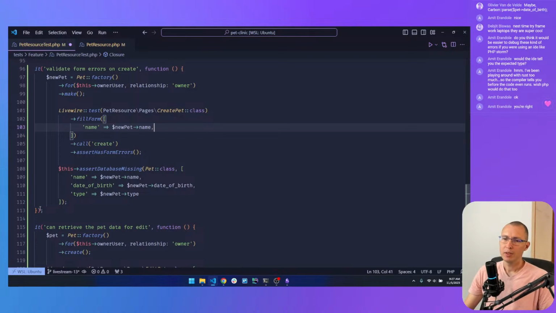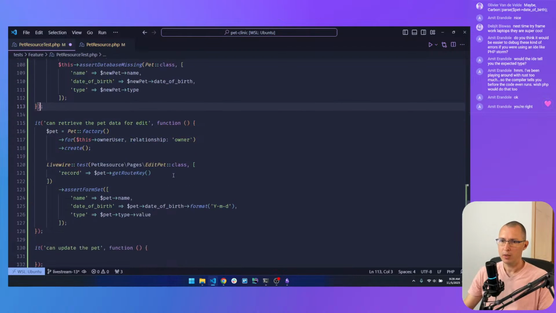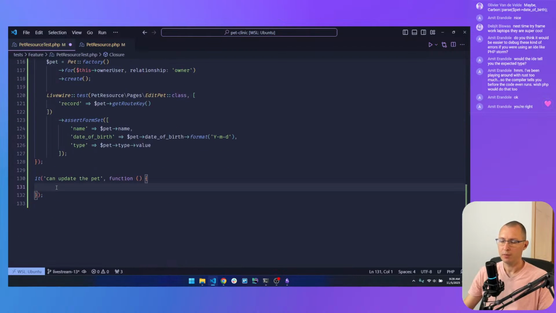So maybe using a data set here where we pass the same object with a missing name, a missing type, and a missing date of birth. So yeah, I'm gonna rework this one in a minute after I'm done with this update pet.